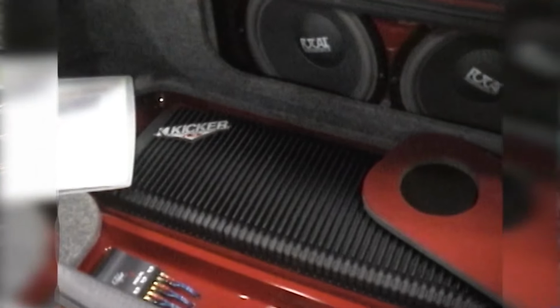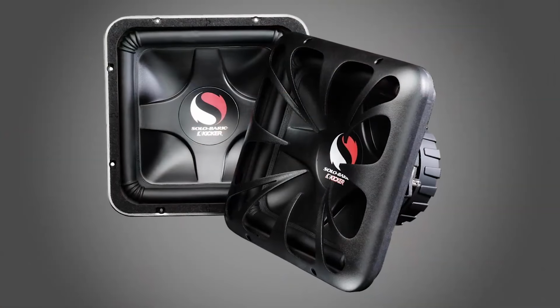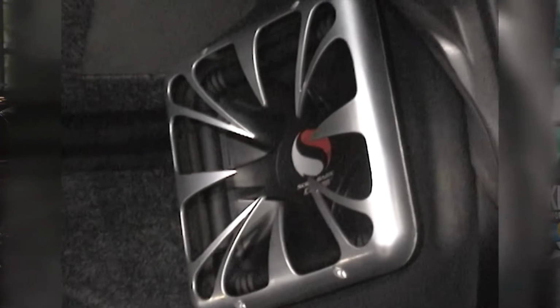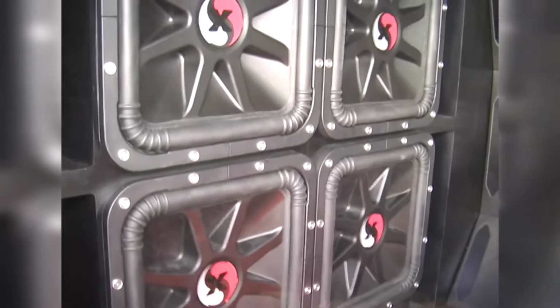But Kicker didn't stop there. The innovations just kept coming. In a quest to put more speakers in an enclosed space, they developed the Solo-Baric speaker that basically put two speakers in the place of one to up the volume in the bass. There was also the crazy square L7 speaker that allowed you to utilize every square inch of space in your rig to mount speakers. And to power all those speakers, they came out with the mighty Warhorse amp that would allow you to put together a system that would run as many speakers as your imagination and your budget would